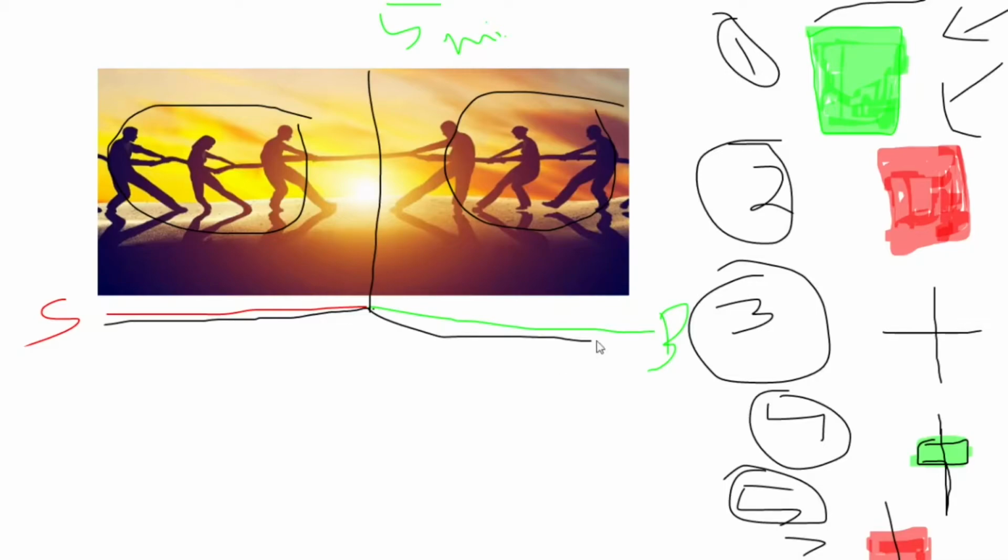As we all know, green candle means buyers and red candle means sellers. So now you got some idea regarding candles. In the first match, the buyers were completely strong. What I told, buyers are completely strong. The buyers pull the price to their side, so a huge green candle has happened. In the second match, the sellers were strong. So in the second match, what happened? Sellers pull the price to their side and a huge red candle happened.